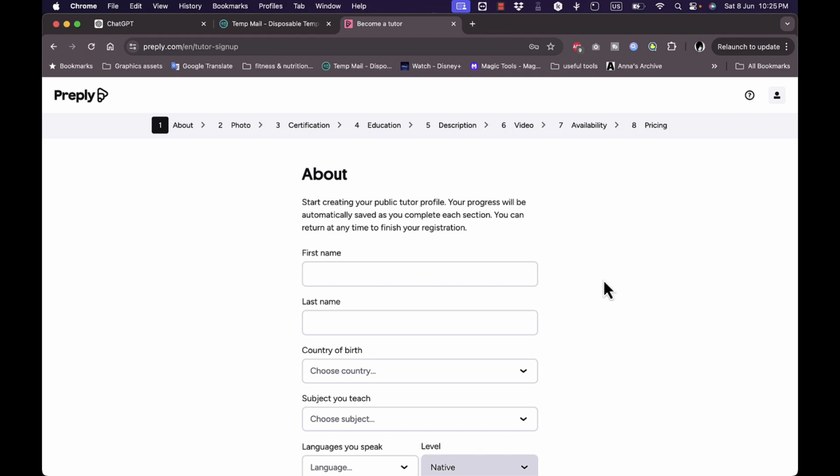And one thing to note is, of course, you need to enter your schedule or the times that you are free, so that you can teach according to your own time. So it's not restricted on any time, and it's not a fixed time job. So that's pretty good. You can teach in your free time and you can make some extra money with your